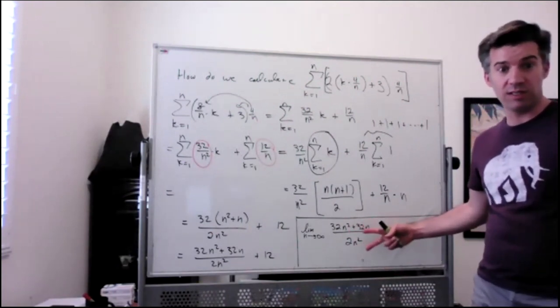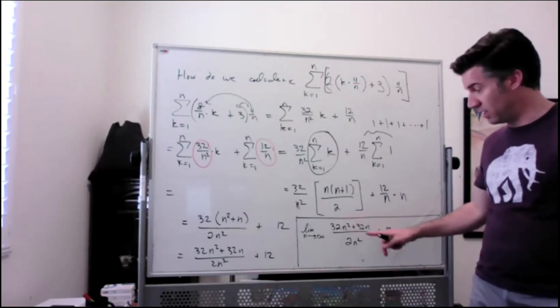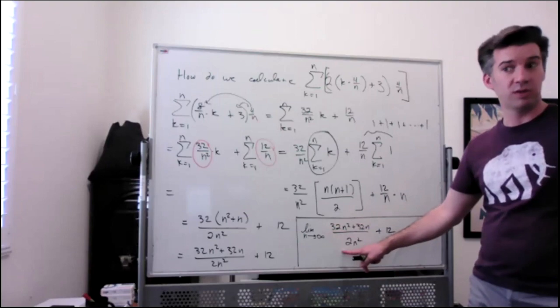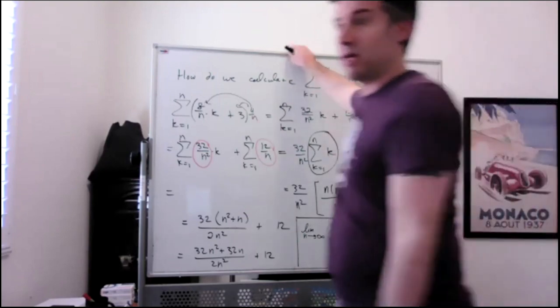And when the degrees are the same, the limit to infinity is the leading coefficient on top divided by the leading coefficient on the bottom, which is 32 over 2. It's exactly like